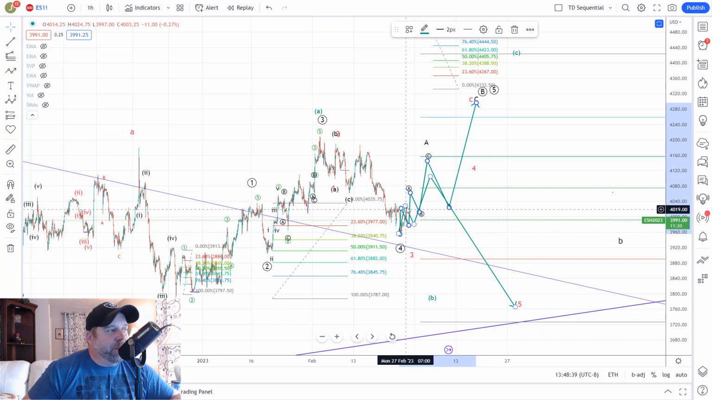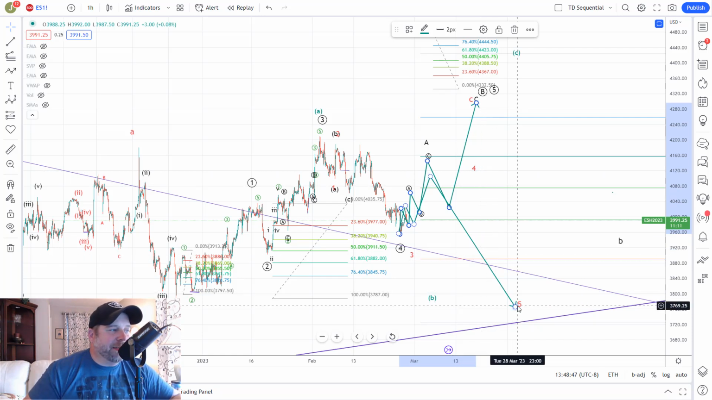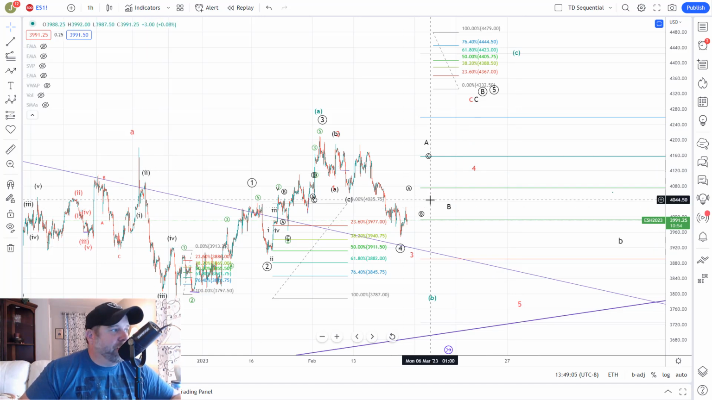But those are the two paths higher that we would be tracking: the bigger ABC in A or the smaller ABC in wave 4, which we would then expect to give us a more direct down move in wave 5 after that. Now, if they can't give us a bigger bounce than we got yesterday from here, then what we'd